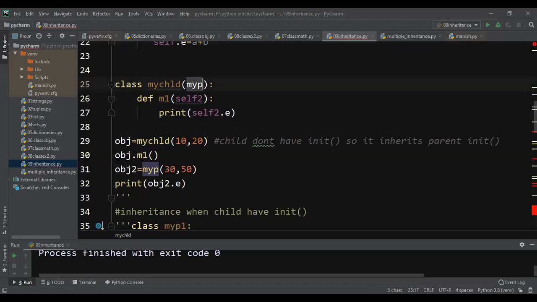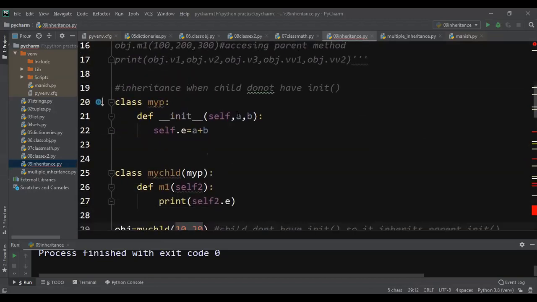Now I'm creating the object for my child class only, passing 10 and 20. But in child class there is no constructor, so who will take this 10 and 20?